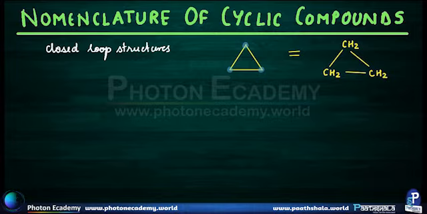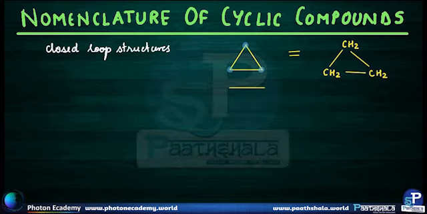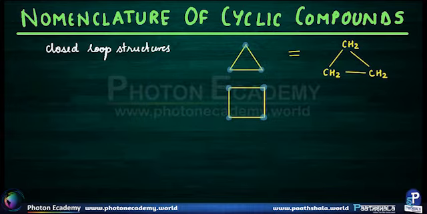But as you can see, drawing the bond line notation is a much easier job than drawing its molecular structure. Let's see another example. This is also a cyclic molecule and the corners represent carbon atoms. So, this is a cyclic molecule having 4 carbon atoms in the cycle. As you can see, this is also a closed loop structure. And the other very important fact about cyclic molecules is that their general formula is CnH2n.